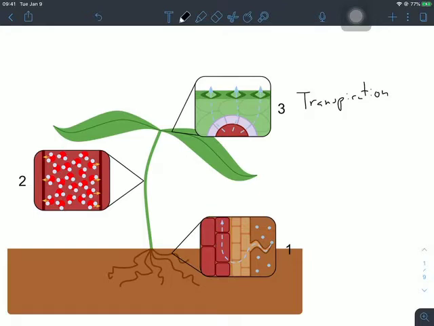Transpiration is the loss of water through stomata on the leaves of a plant. And that's really weird to think about. Every drop of water that's absorbed by a plant's roots, here in step 1, in water uptake. Every single drop of water that gets absorbed moved through the xylem in step 2, and you see the properties